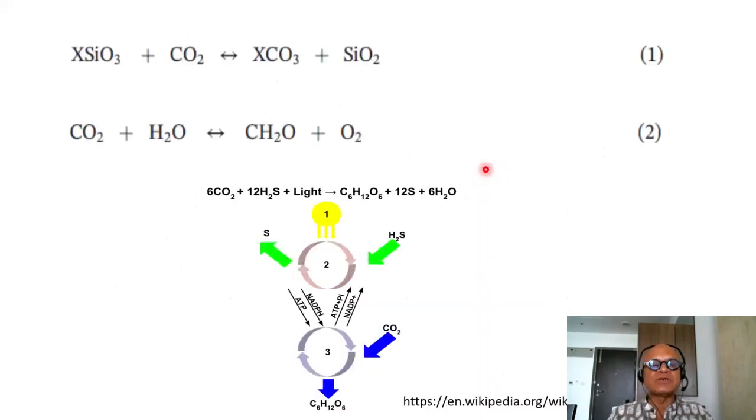To look at the reactions, typically you have some divalent cations like calcium (Ca++), magnesium (Mg++), and iron (Fe++) in the silicate rocks. That's the general formula, which is being weathered into calcium carbonate, magnesium carbonate, iron carbonate, and I don't know if they have different names, and silica is released.